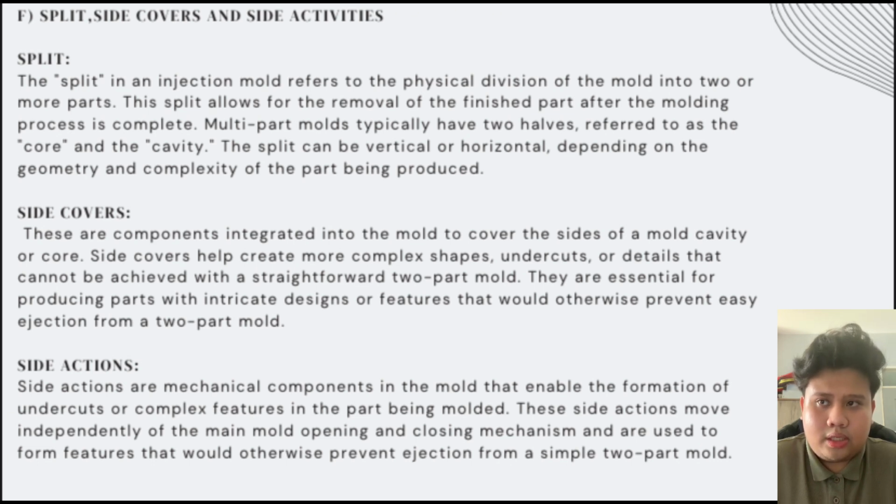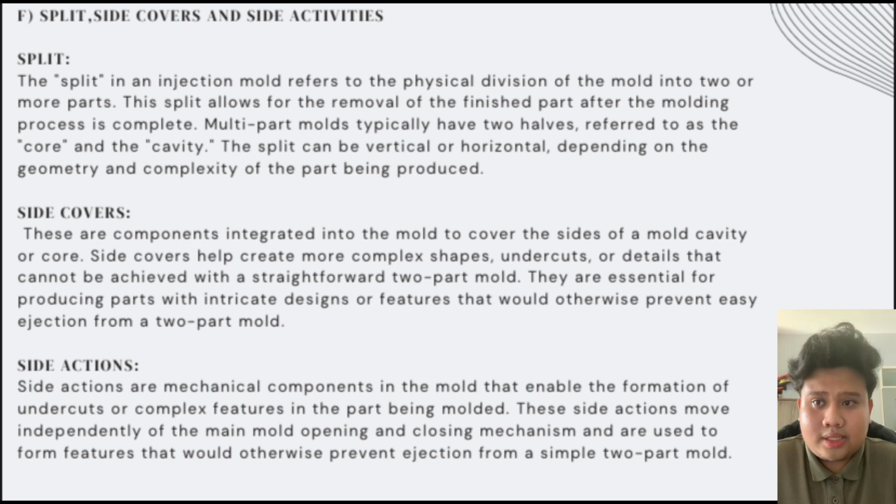Side core. These are components integrated into the mold to cover the side of a mold cavity or core. Side cores help create more complex shapes, undercuts, or details that cannot be achieved with a straightforward two-part mold. They are essential for producing parts with intricate designs or features that would otherwise prevent easy ejection from a two-part